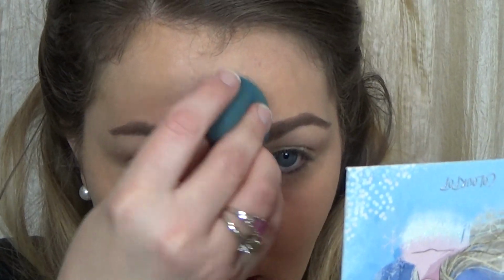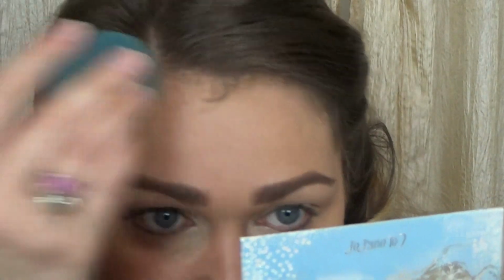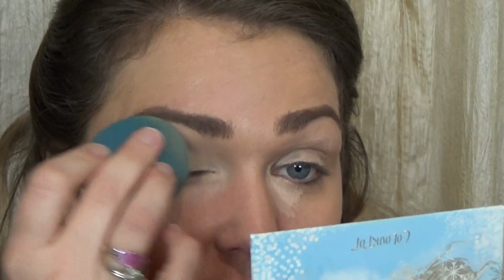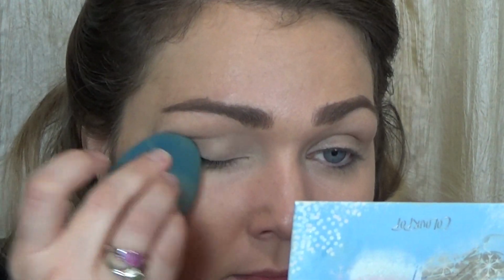So I'm just going to take my beauty blender and start blending this out. And it is dampened. Make sure you always dampen your blender. I don't know why you wouldn't, but apparently a lot of people don't, and I didn't know that was the case. So this looks really light, but it may work. Okay, so far